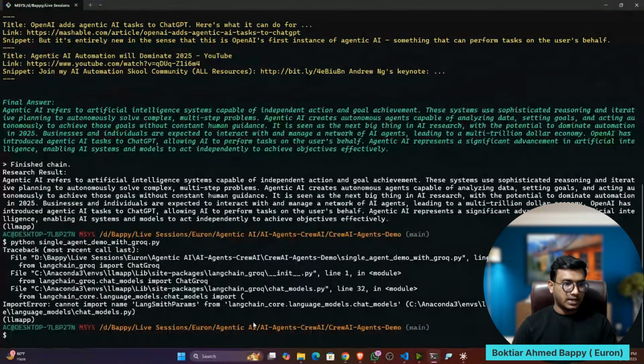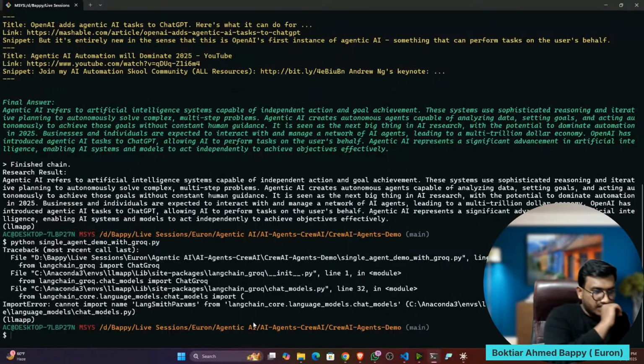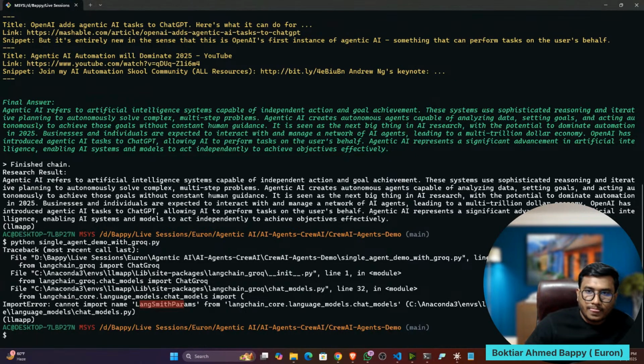Okay, I'm getting one error. Langchain core chat cannot import langsmith params. Why? Because you have to install one package, I think.